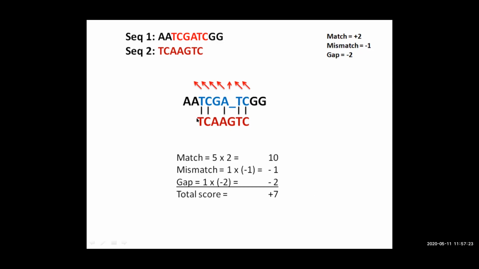Now if you see where there are matches, T to T, C to C, A to A, T to T and C to C. So there are 5 matches. 1 insertion deletion, and there is 1 mismatch. So 5 matches will score 5 into 2, 10. 1 mismatch will be scoring 1 into -1 is equal to -1, and 1 gap or insertion deletion mutation will be 1 into -2 is equal to -2, because our scores were different this time, 2, -1 and -2. So accordingly the final score will be 10 minus 3 is equal to 7.